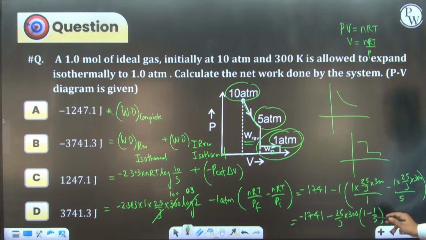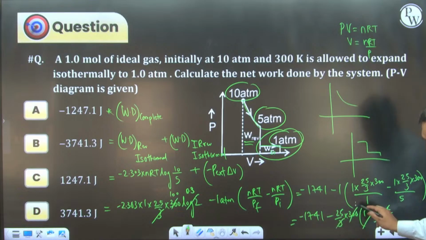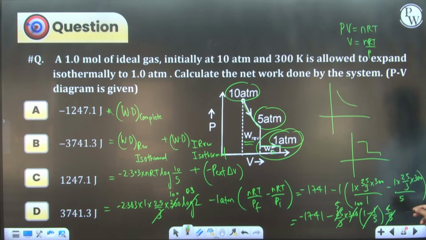This is nothing but 4 by 5. This value is nothing but 4 by 5. I am taking it as 4 by 5. So how much are we getting? This is 100 times 100 into 4 by 5 into 25. This is 5 times. So 500 into 4 minus 2000 we are getting over here.